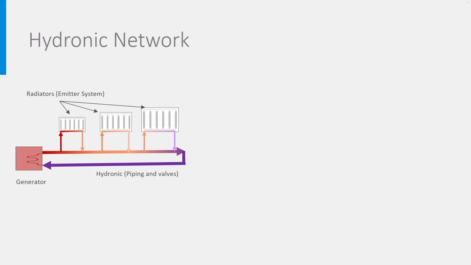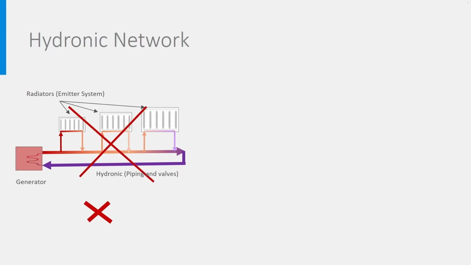Such a network, as in the figure, is called a one-pipe system and is old-fashioned and should be avoided as it leads to a decrease of temperature at each radiator. Look at the first radiator. The hot water cools down in the radiator and is re-injected in the warm pipe, which causes a temperature decrease in the main pipe. The last radiator gets water that is quite cold, by which the heating power will be very limited. This must be compensated by installing larger radiators. The further from the generator, the bigger the radiators. Additionally, such a system is difficult to control, so this configuration should be avoided.